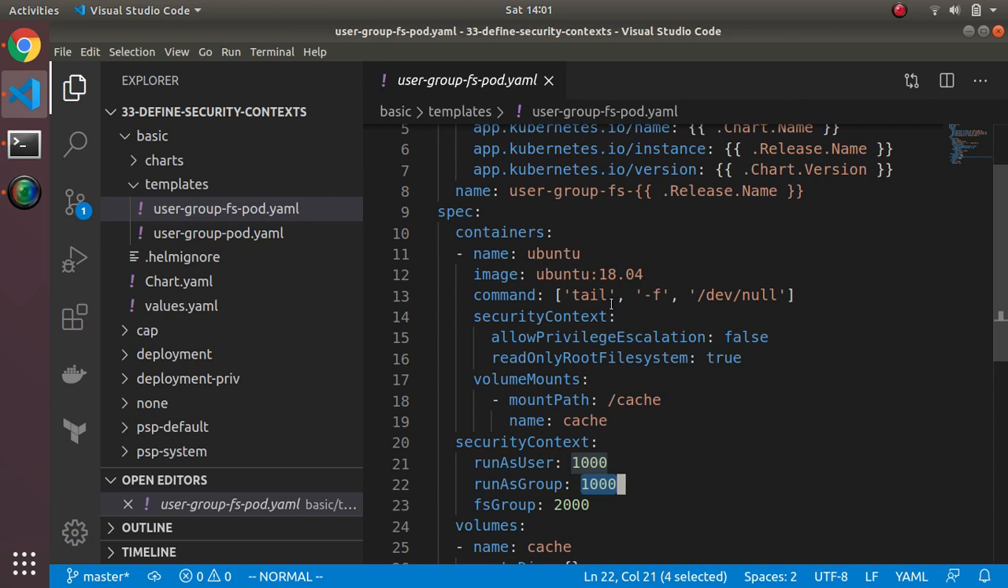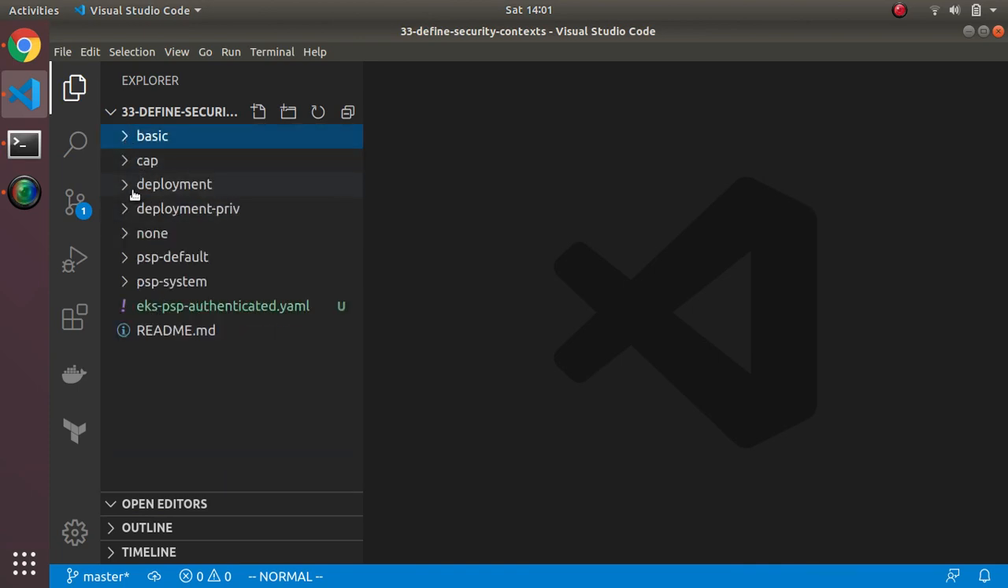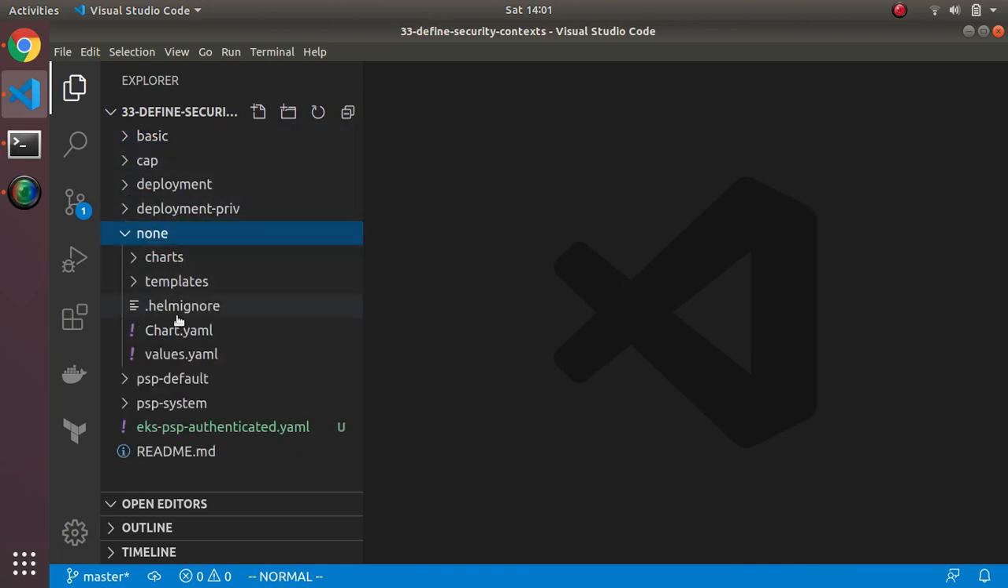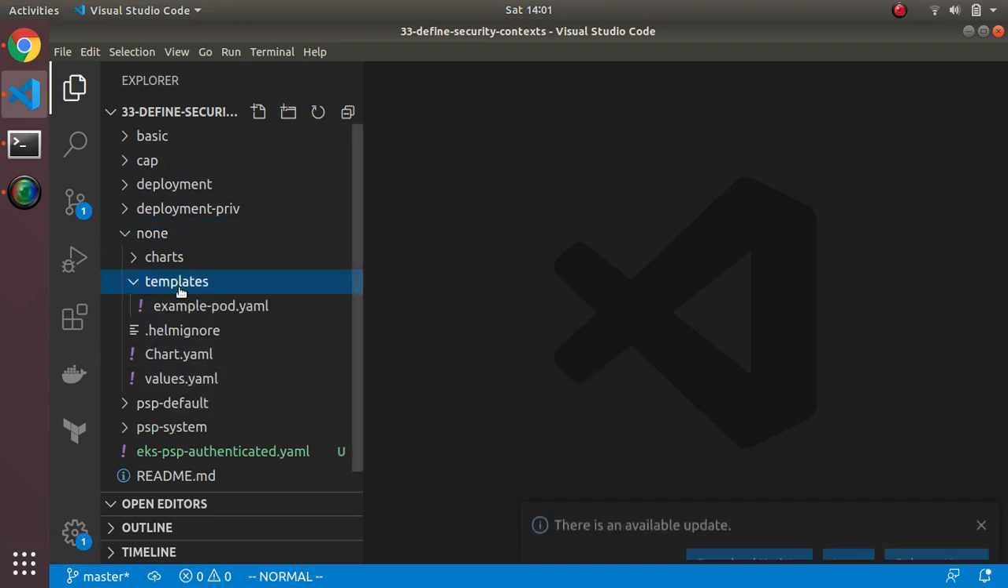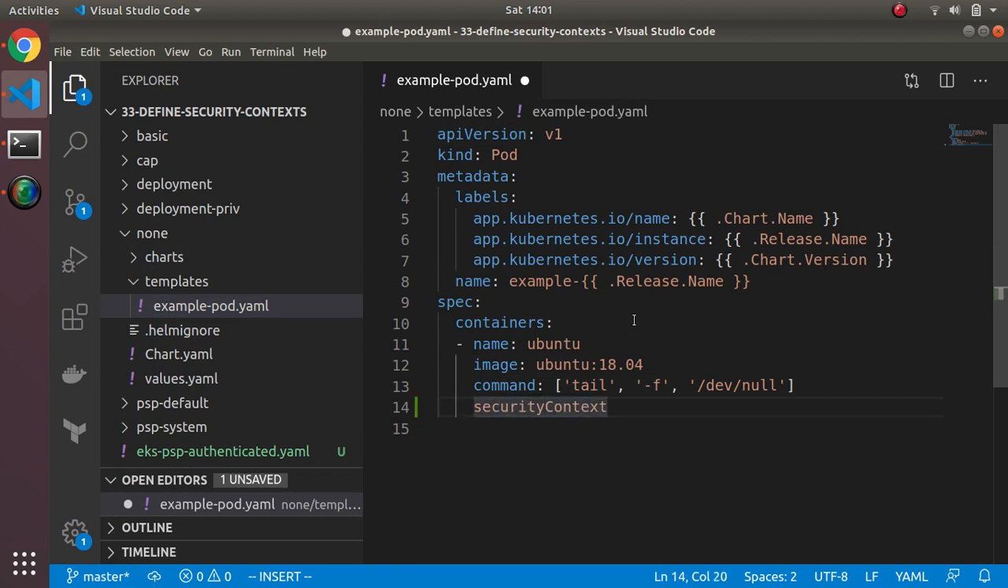One of the things I could have done is set something. Let me go back to my original pod, my very basic pod, the none one here. I could go into templates. In this pod, I'm running as root, right? I could also have done a security context here. So far, our security contexts have essentially restricted, lowered or increased our security. If I had come in here and done privileged